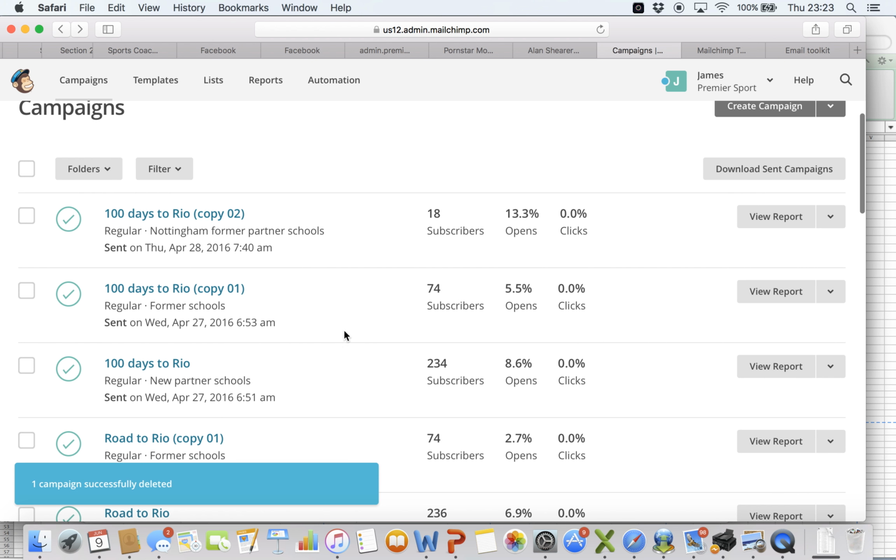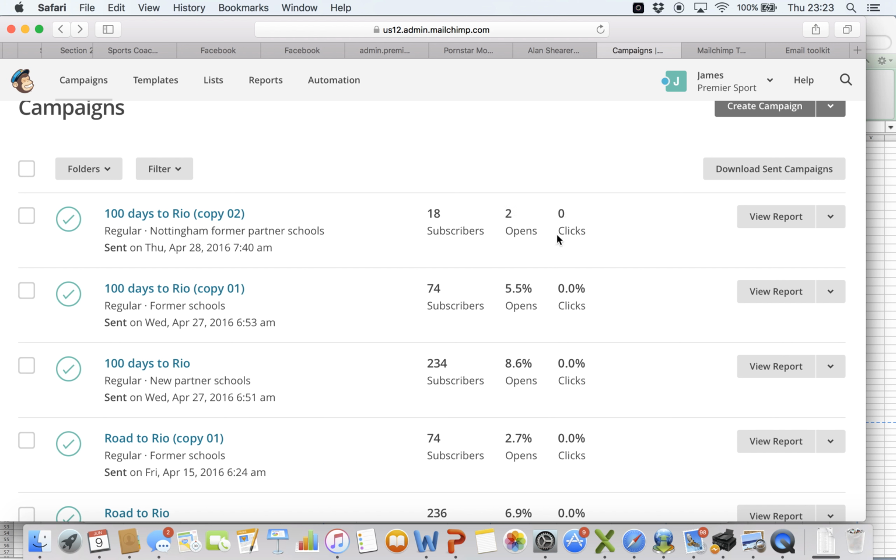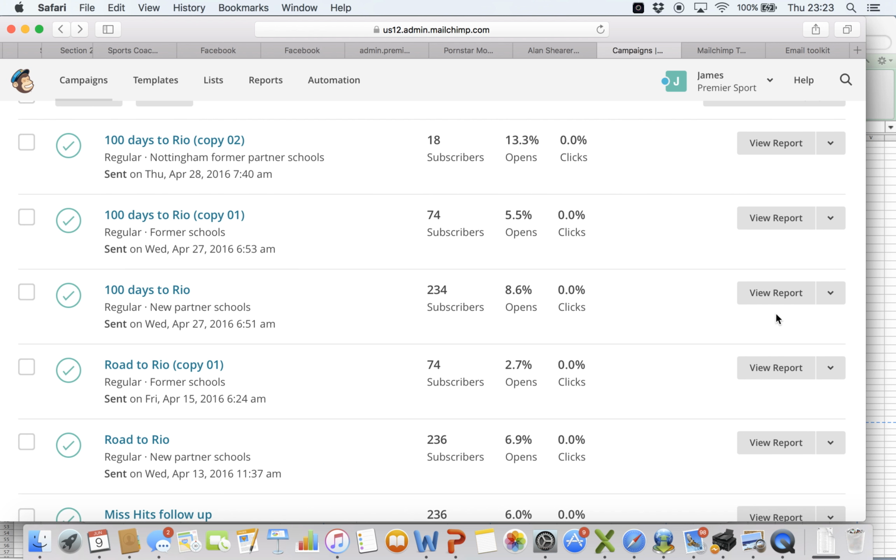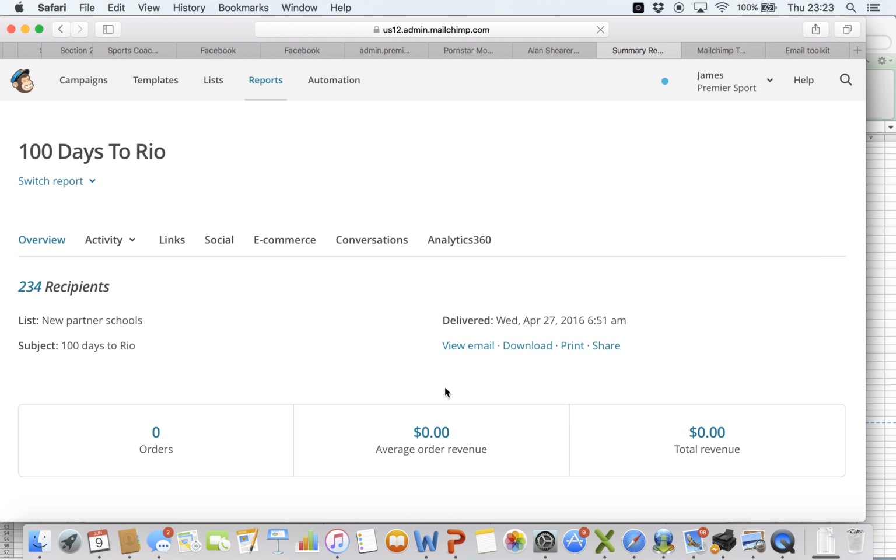But once you've done it, for example here, as well as seeing it there, you can actually view reports. So let's take this one here. This one's 234 subscribers, and 8.6% of recipients opened it, and if you hover over it, you can see the actual number that equates to as well. But if you click on view report,